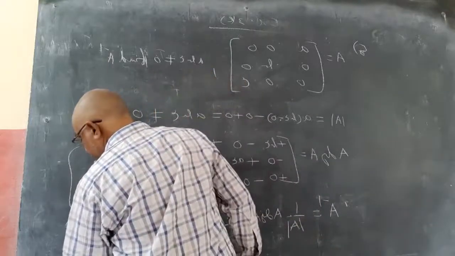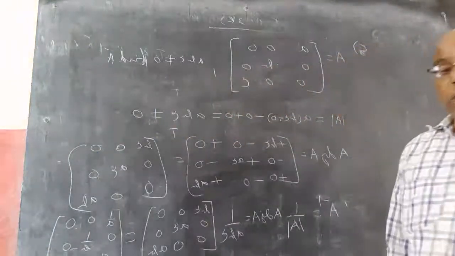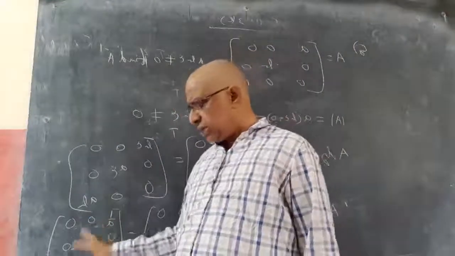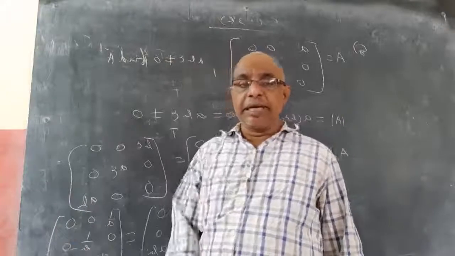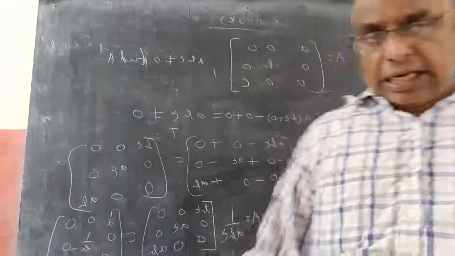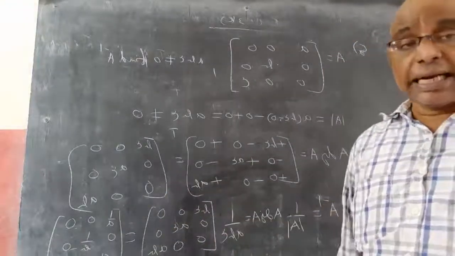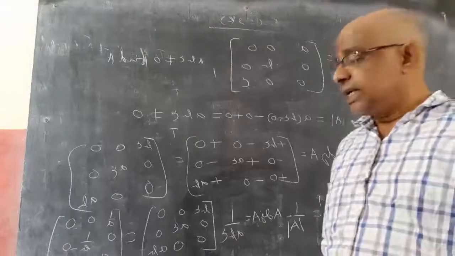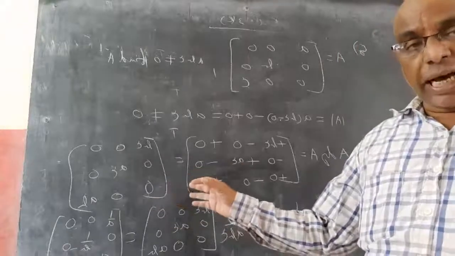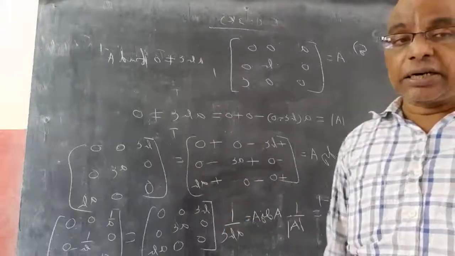So whenever you want to find the inverse of a 3 by 3 diagonal matrix, you can use this result. All the diagonal elements simply become 1 by the element, meaning the multiplicative inverses of the elements. So the multiplicative inverses of the corresponding elements give you the inverse of a diagonal matrix. The inverse of a diagonal matrix is the diagonal matrix formed by their multiplicative inverses.